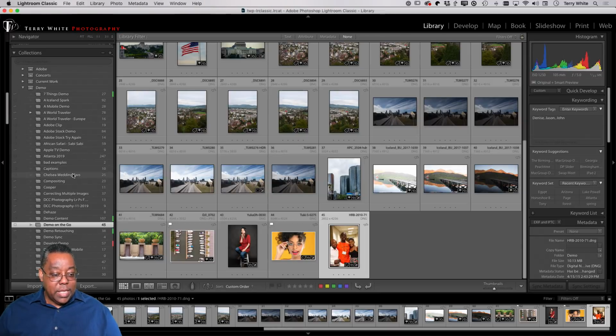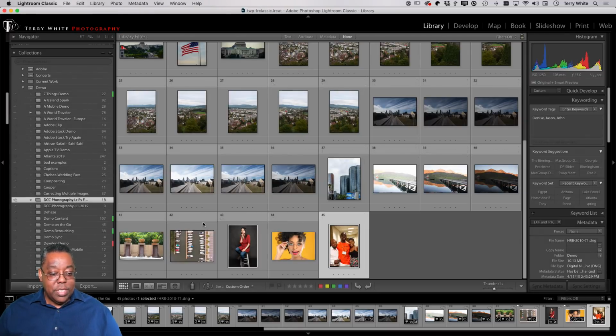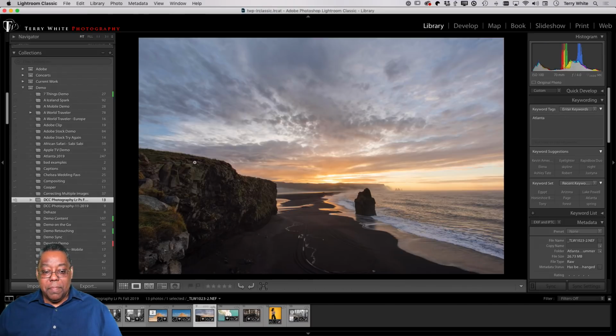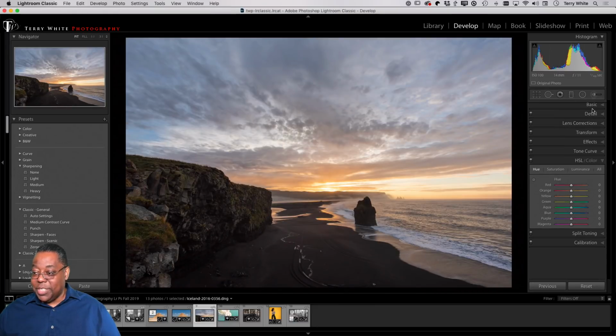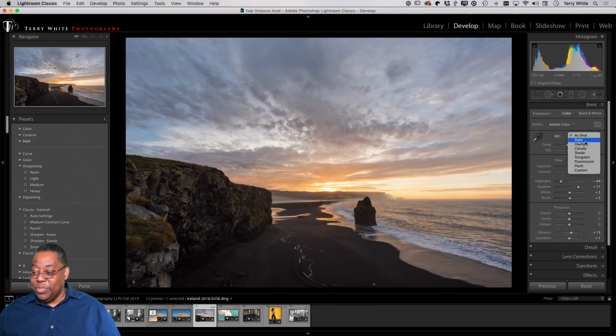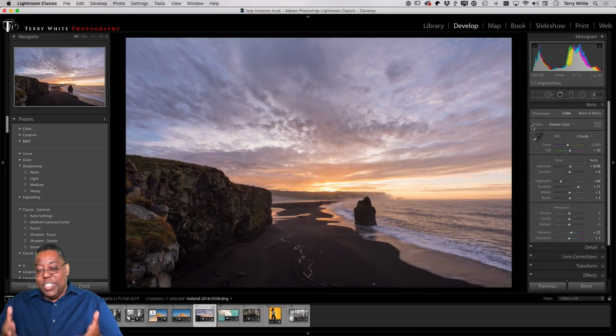With that said, let's head back over to our challenge. And so in this case, I'd probably pick the cloudy white balance to get this one started, because this was on a cloudy day. So if I were heading over and I had shot this in RAW and I had the ability to choose cloudy, it just gave me more of that richness in the sky of what that color should have been. Now you got a JPEG, so you probably don't have these presets, but just play around with your temperature slider to also warm up or cool off that color to get it the way you want. Okay,